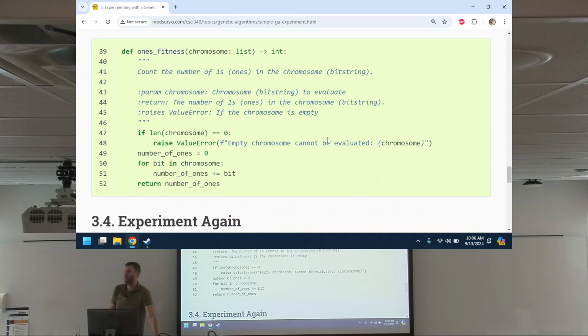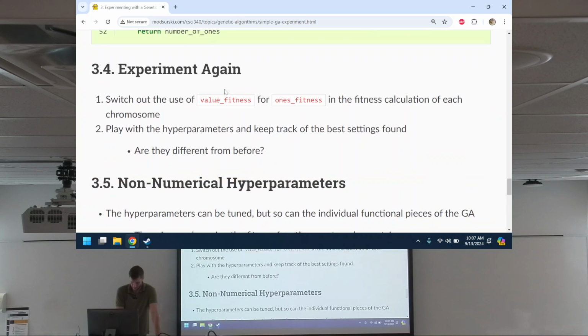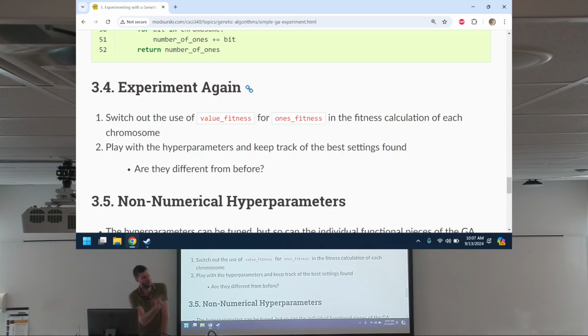So here is an alternative fitness function. It's got an exception check. Otherwise, it goes through and counts the number of ones. The more ones, the better. Here, I'm not actually counting the number of ones. I'm just summing up the total of the chromosomes. If there's a 1 there, add 1. If there's a 0 there, add 0. It does nothing. So effectively it's counting the number of ones. So this is a new fitness evaluation. What I want you to do is add this to your code. It might already be in what I gave you, so you don't have to copy it. But change out what fitness function your evolutionary algorithm is actually making use of.